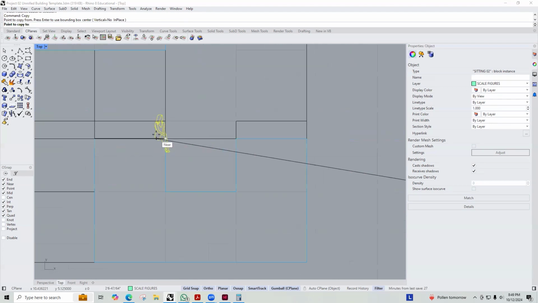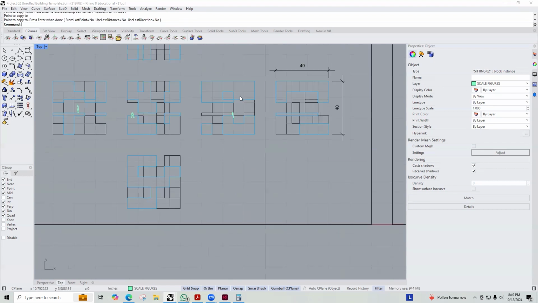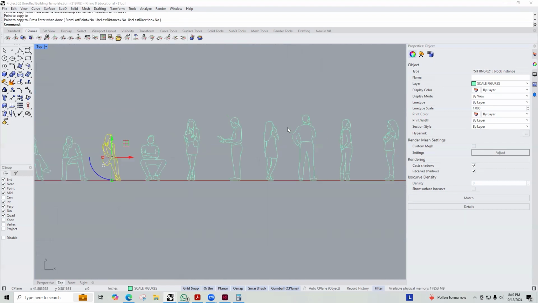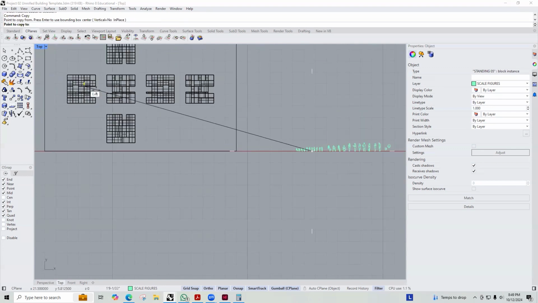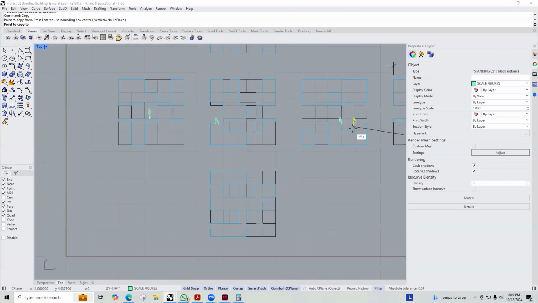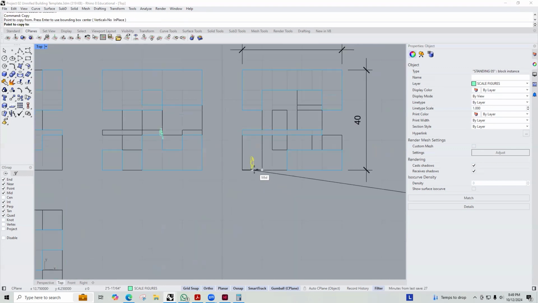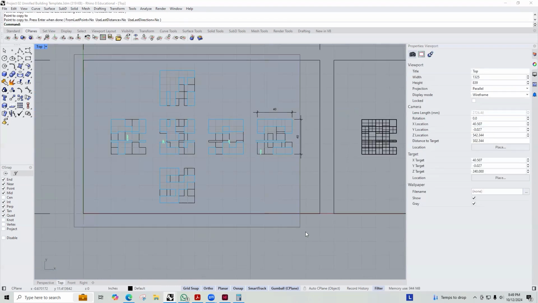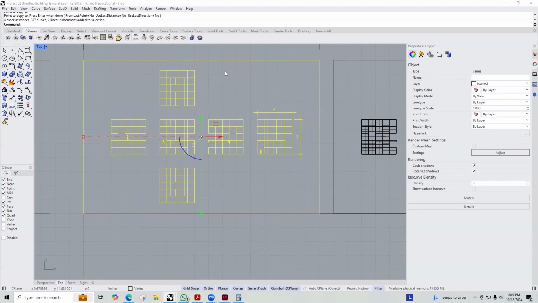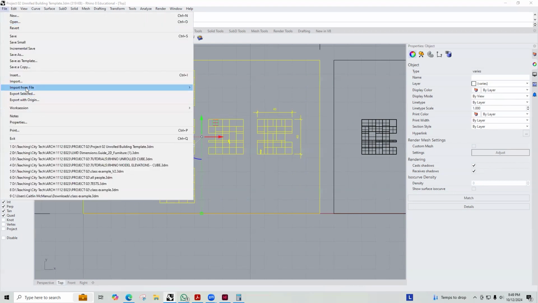All right, so I could have people sitting on a ledge. I could have them looking up at a high ceiling. All wonderful things. All right, so once you have your people added, select the object again, File, Export Selected,